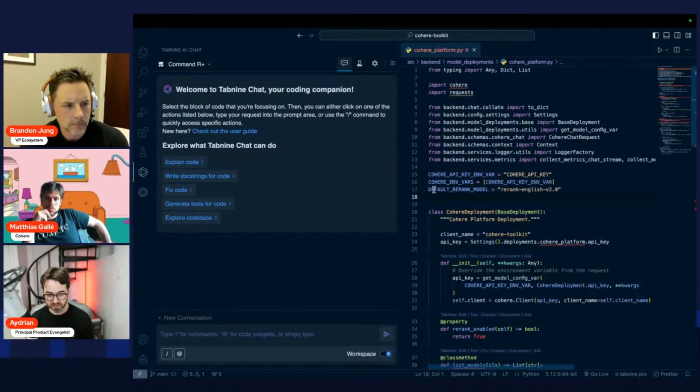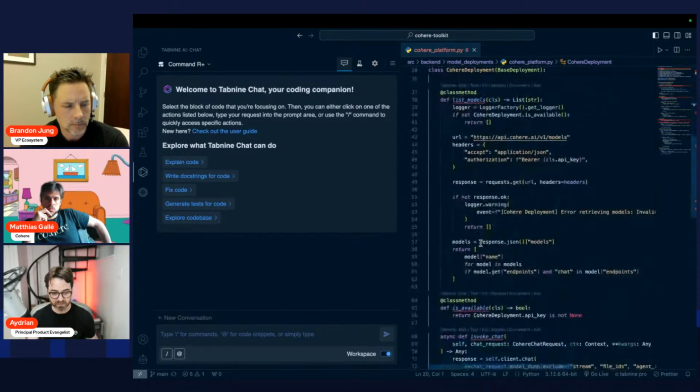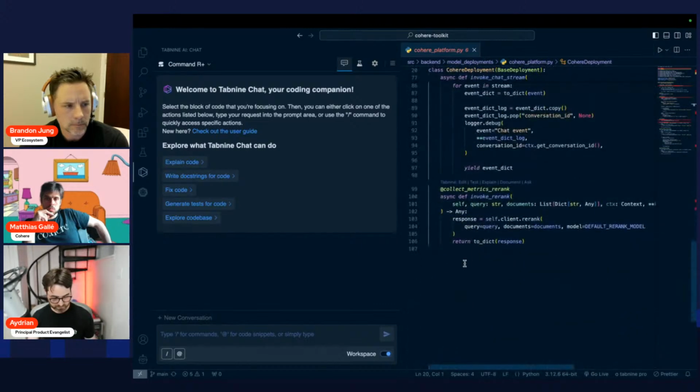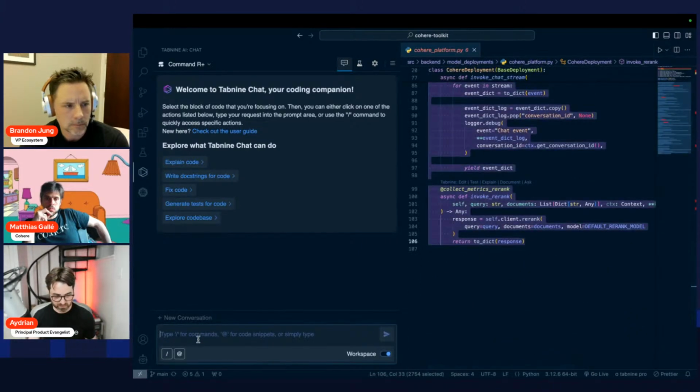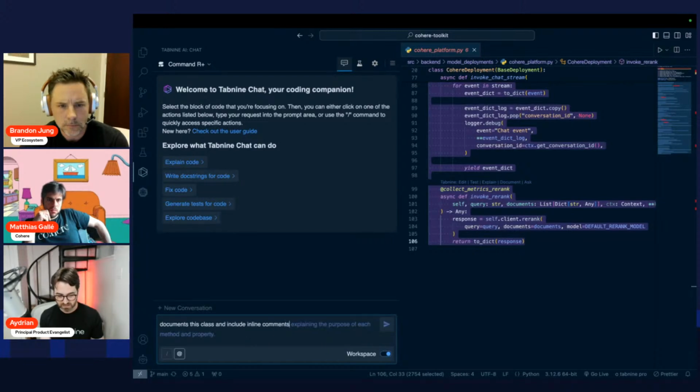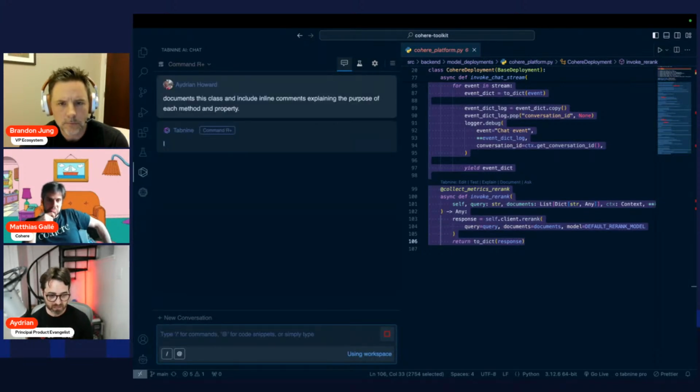So we can actually select this whole class here in Python and come over here and say, document this class using Cohere, this class and include inline comments explaining the purpose of each method and property. Yeah, that sounds good. I love that.